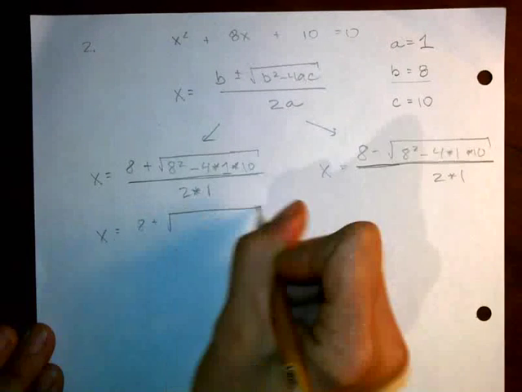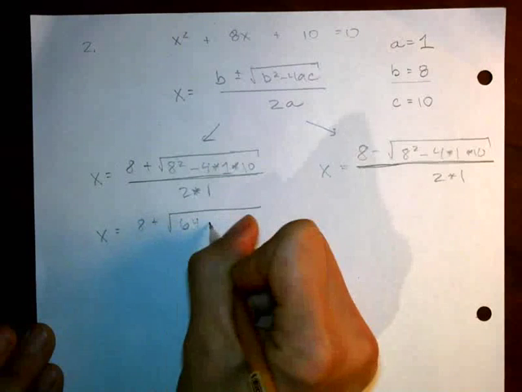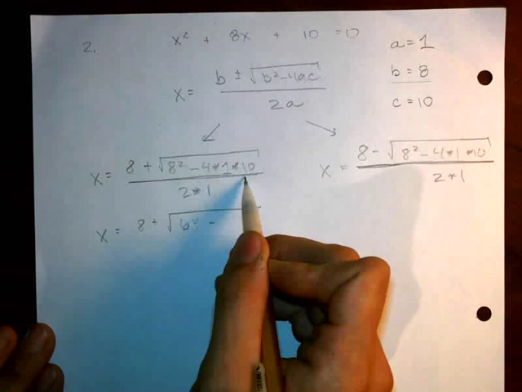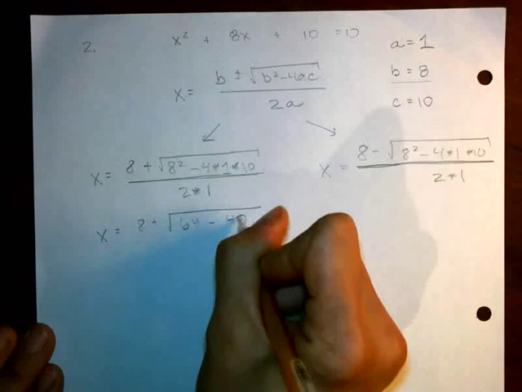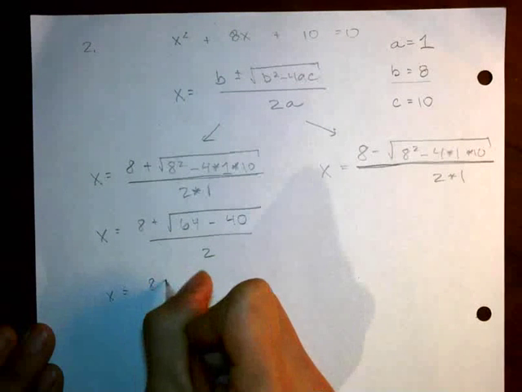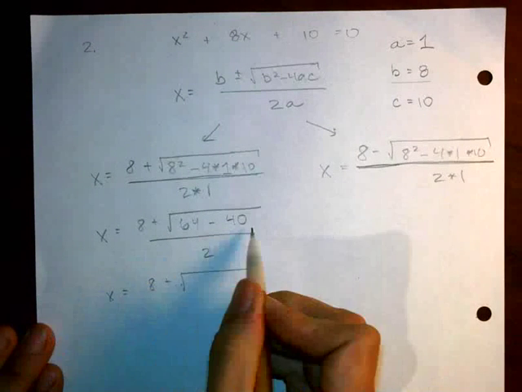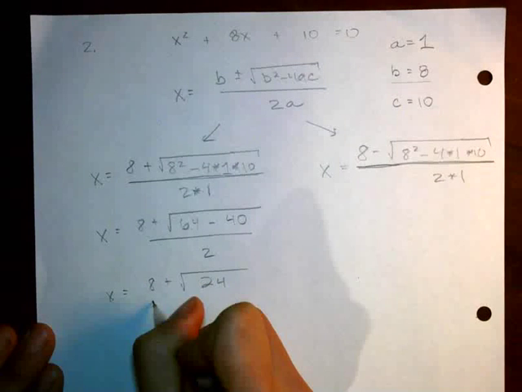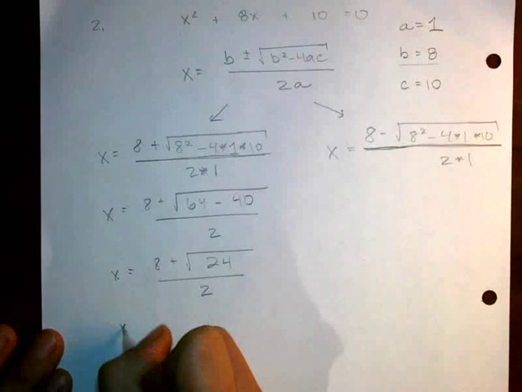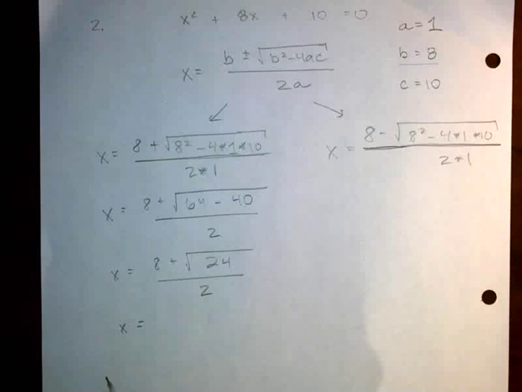So I'll have X is 8 plus 8 squared is 64 minus 4 times 1 times 10. 4 times 1 times 10 is 40. So this is going to be 64 minus 40, divided by 2. That becomes 8 plus 64 minus 40 is 24, divided by 2. And at this point, you are fine plugging this into your calculator and getting that X is, well,